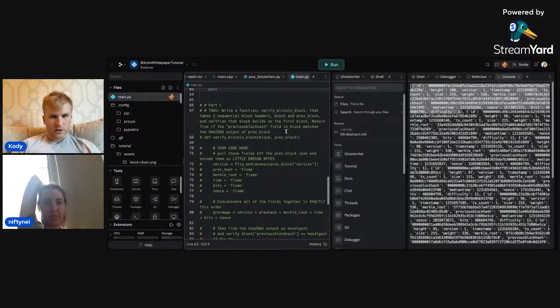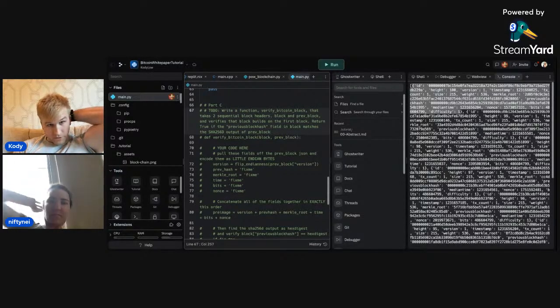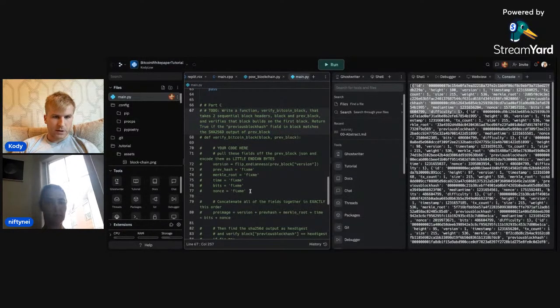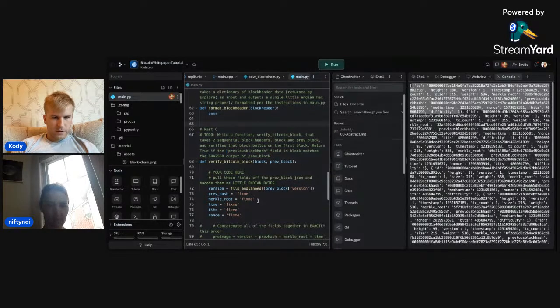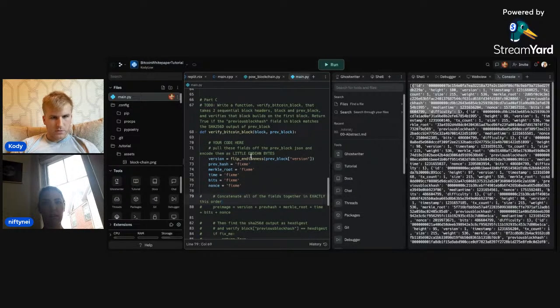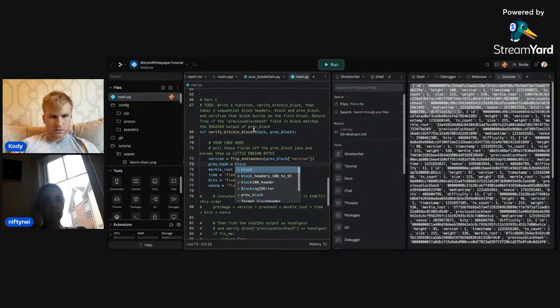So then over here, verify Bitcoin block takes two sequential block headers, block and previous block, and verifies that block builds on the first block. Return true if the previous block hash field in block matches the SHA-256 output of the previous block. So if we go over here, this will do it, right? So this one, previous hash would be equal to, when we pass in